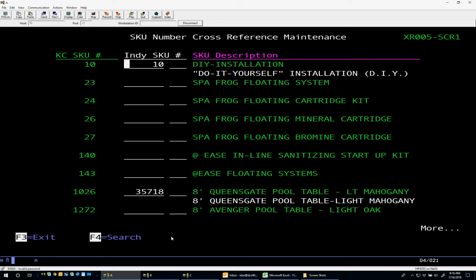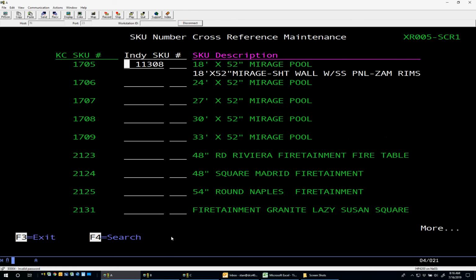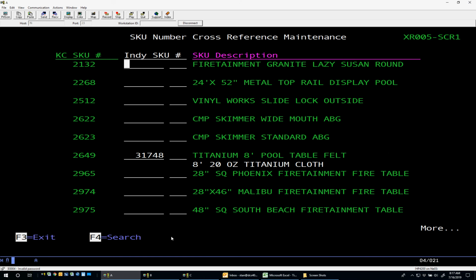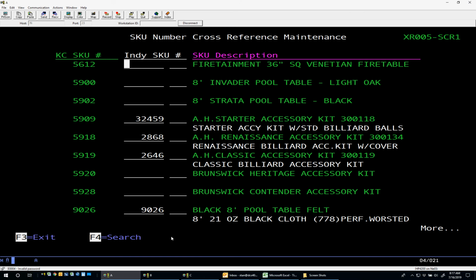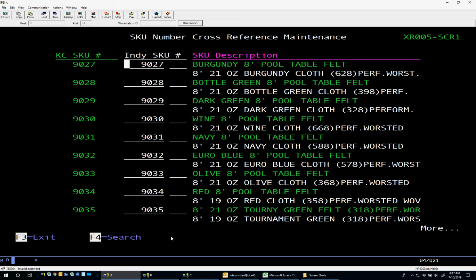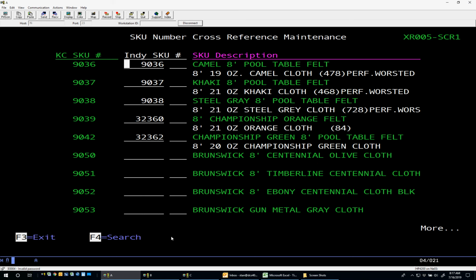You see the white description below that. I've already filled in a few of these doing some testing, and those can stay in there as you scroll down through there. They should be checked to make sure I picked the right ones for the Indy SKUs. But as you can see, I have gone through a few of those just in my testing, and they're already there. Again, this program